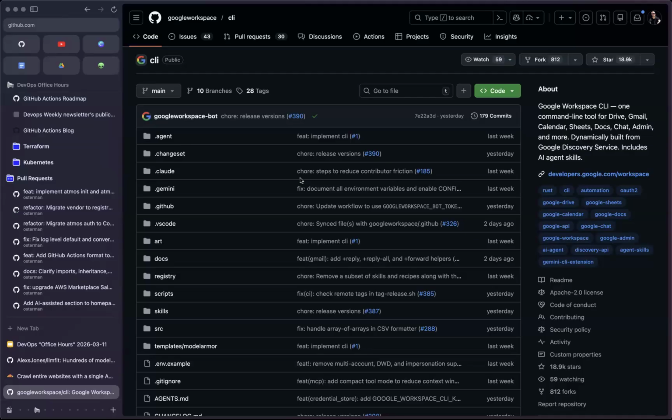And this aligns perfectly with what you said earlier, Dan, which is like, skills are good, but they only get you so far. If you want more imperative outcomes, put it into a CLI. Teach the skills about the CLI, and now that scales. So this is an official Google project for managing Google Workspaces with a CLI. So your Google Workspace administrators can basically use Gemini or whatever your tool of choice is to do that.